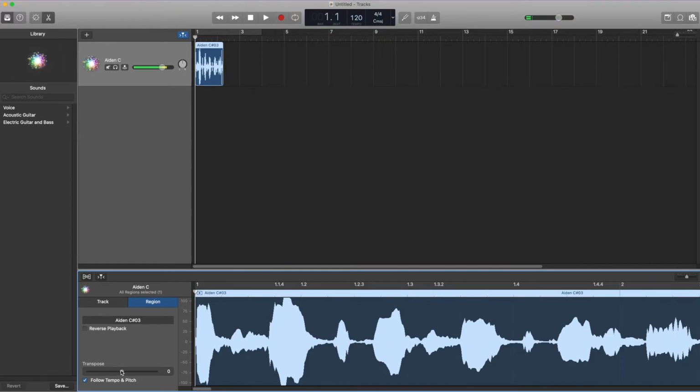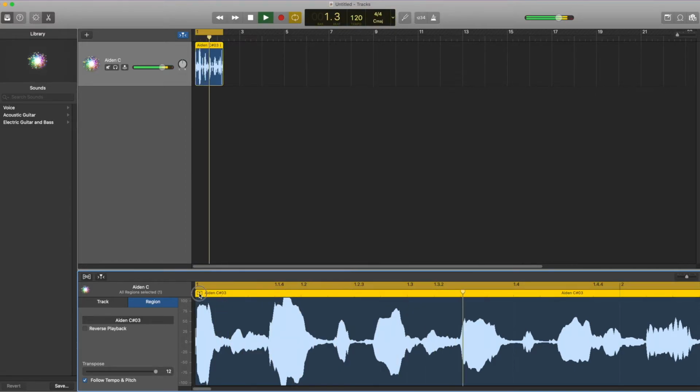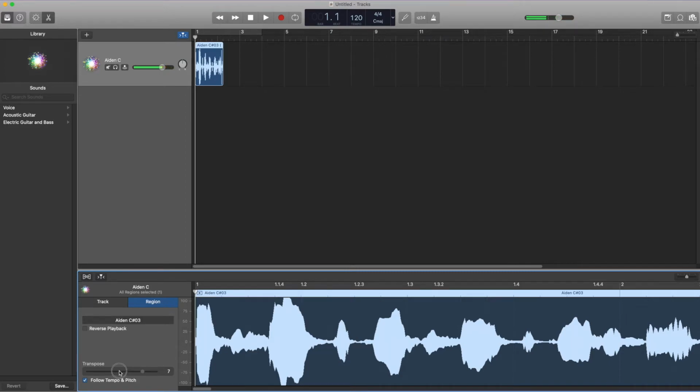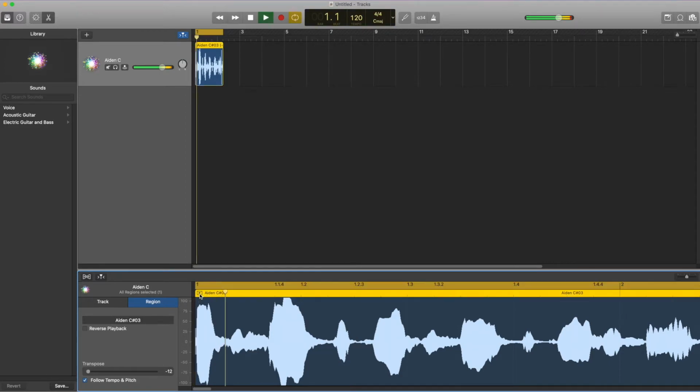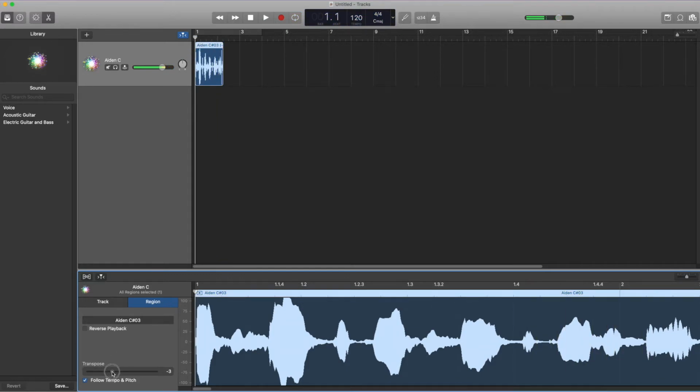One of the things is transpose. Don't use this in your school assignments, right? You can tell when it's transposed. So if you want me to sound really high, yeah, it's a chipmunk. And then if you sound really low, and you can go in the middle as well. It's just really fun to transpose and stuff.